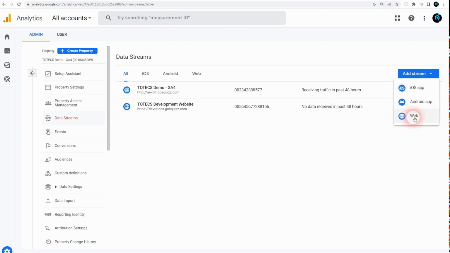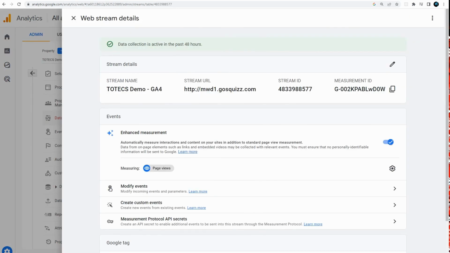You'd click that button, click the web option, and then you'd set the URL of your website that will be used for that stream. So you can have multiple streams per Google Analytics account, and each of those streams will be feeding in the data to be able to do the analytics on. Once your stream has been created, if you go into the details of the stream, it will then show the details of the stream, and the important one that we need to copy here is the measurement ID. So if you select that and copy that, then next we need to go into our Google Tag Manager account.